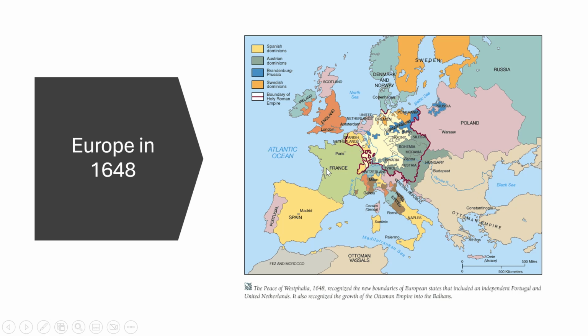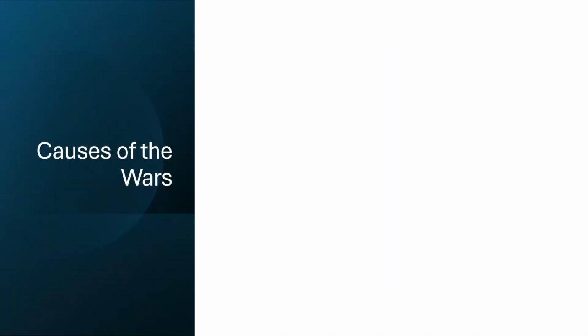And then we talked a little bit about France. And so this is kind of where we are. We're looking at this in 1648. I do believe the world kind of thought, wow, we're done. We're excited. We're done with war. Unfortunately, we're going to now see a conglomeration of causes. And these are the causes of the war. That's going to be the first video.